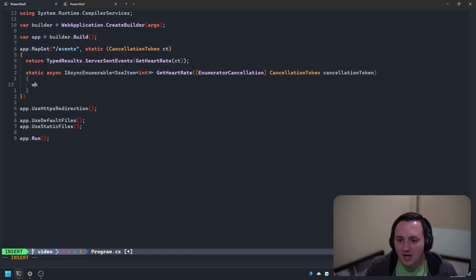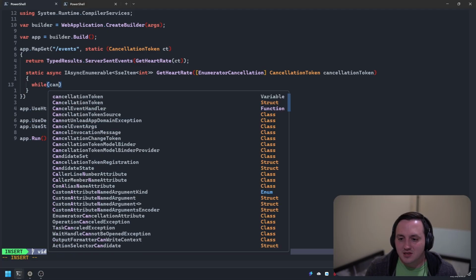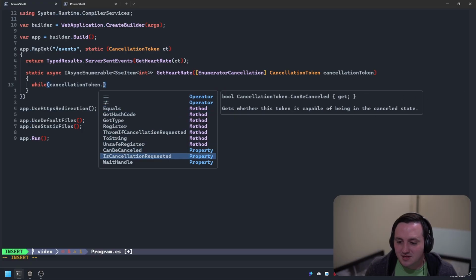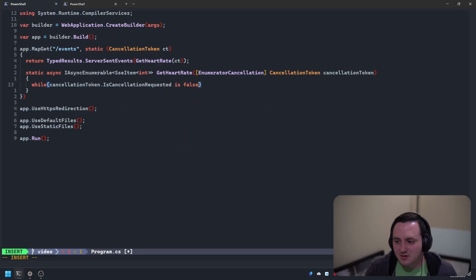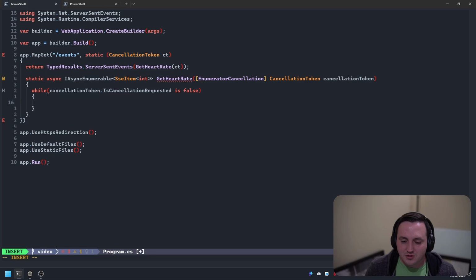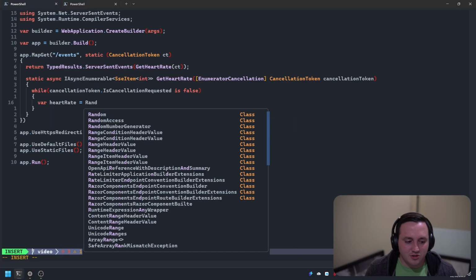So we'll say while the cancellation token is not canceled, so while cancellation is not requested, we're going to do something. And inside here, let's bring in this type so that it'll stop complaining. Inside here, what we'll do is we'll yield up heart rate, or heartbeats essentially. So we'll say var heart rate is equal to